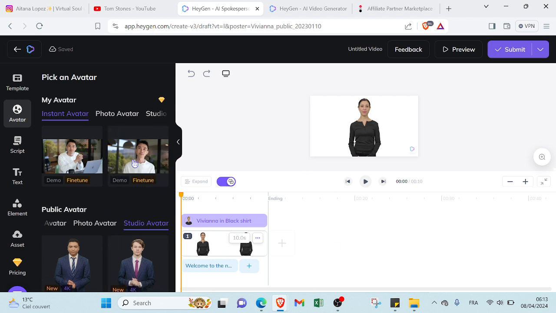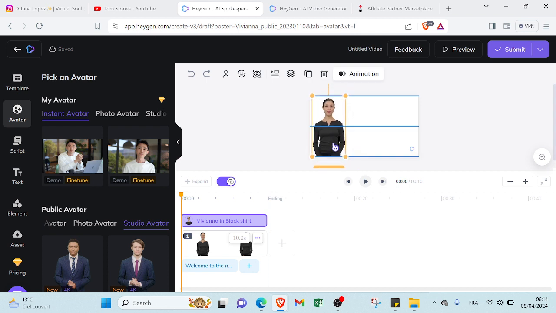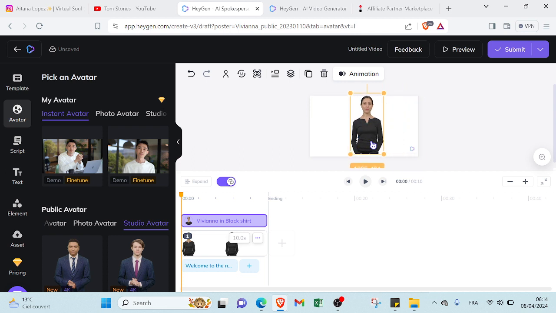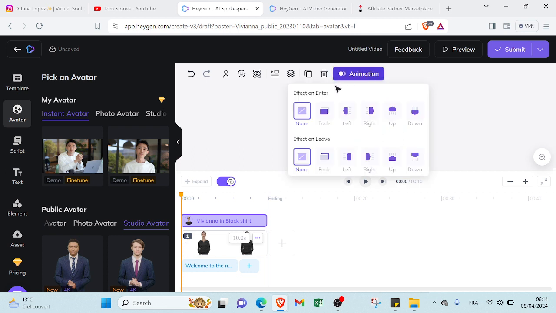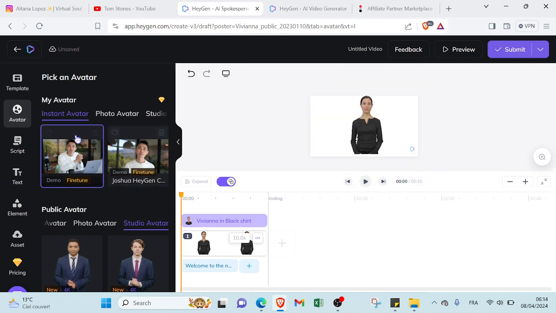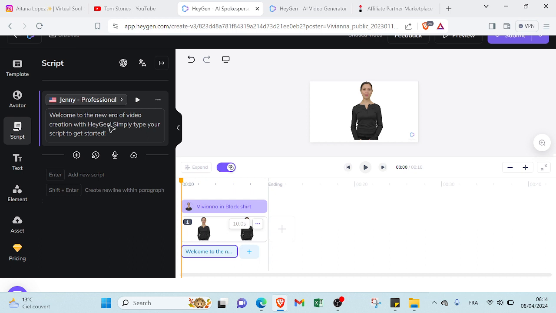There are a lot of options here. You can change the place of the AI character. You can put it on the left or on the right or in the middle. Here we have animation, if you want an effect on enter or effect on leave, and you can find other options like, for example, script.